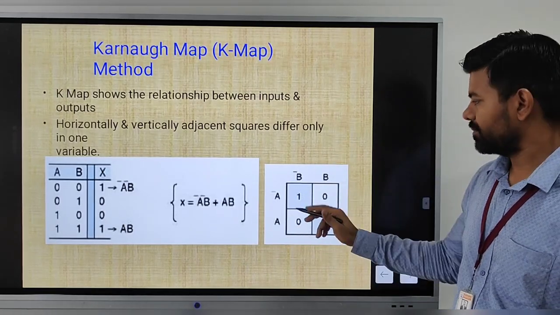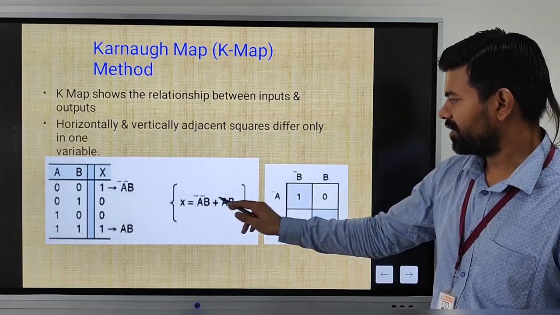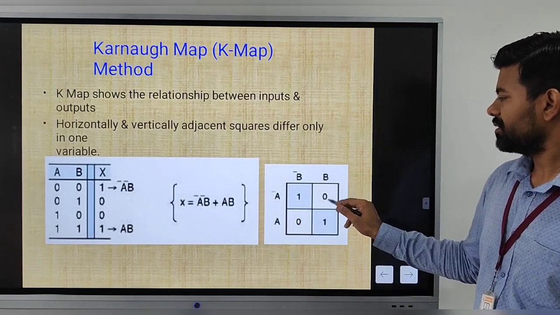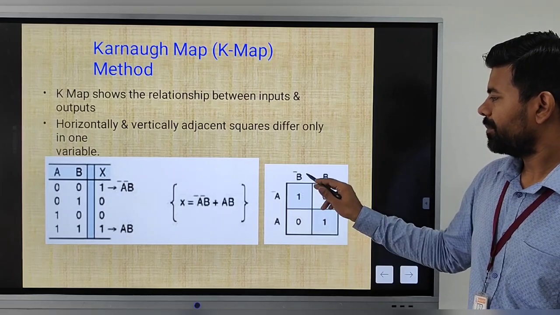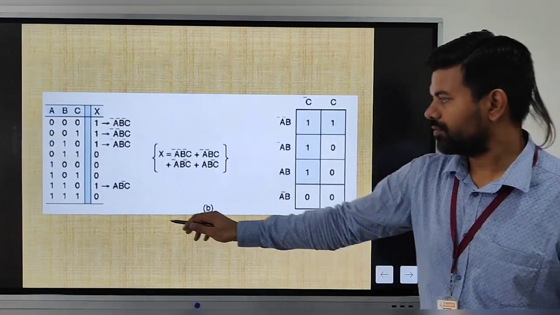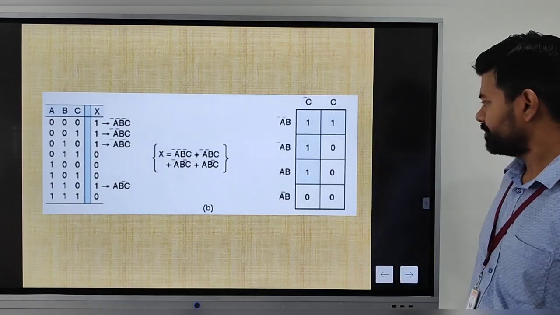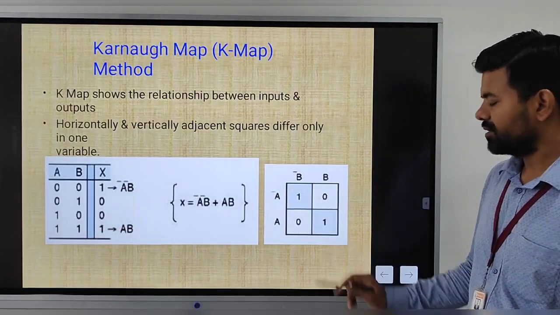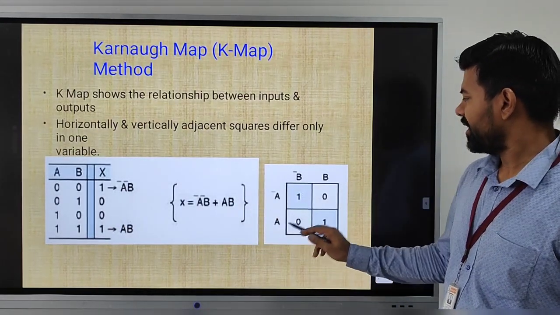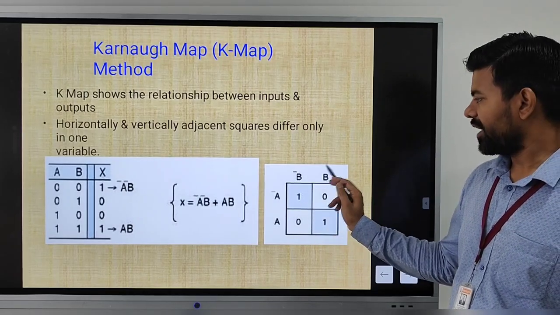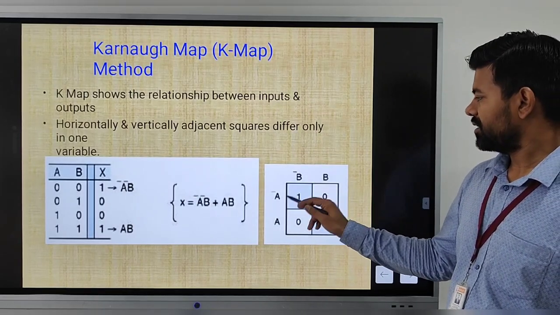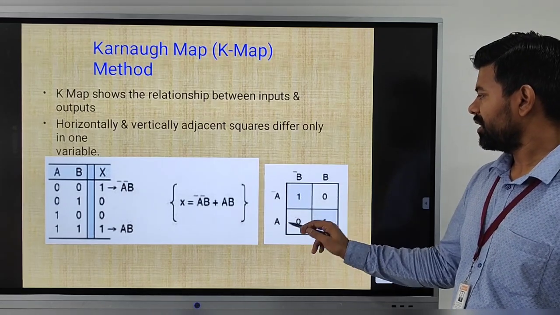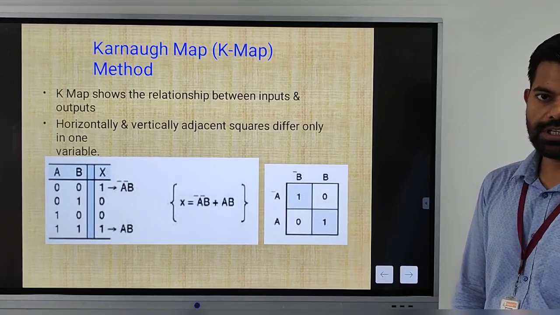For A bar B bar we put 1, because we get a 1. For A bar B we have 0, and for A B bar we have 0, so put 0. Now A and B is diagonally connected. This is how we can fill it.